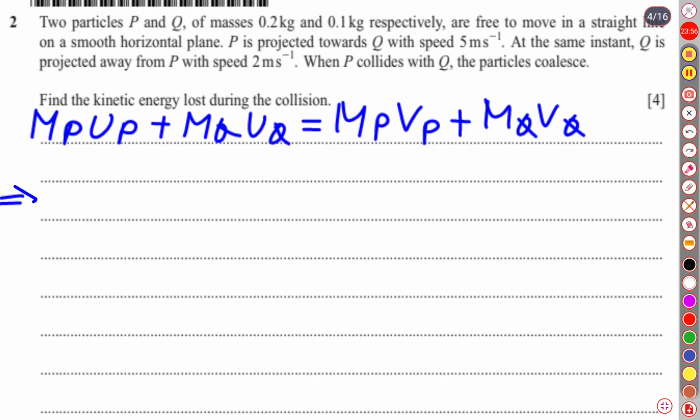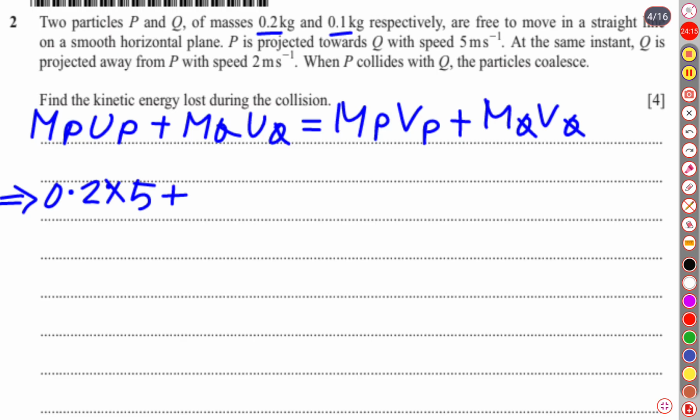Mass of particle P is 0.2 and Q is 0.1, and the initial velocity of P was 5 meters per second towards Q, so it is 0.2 into 5